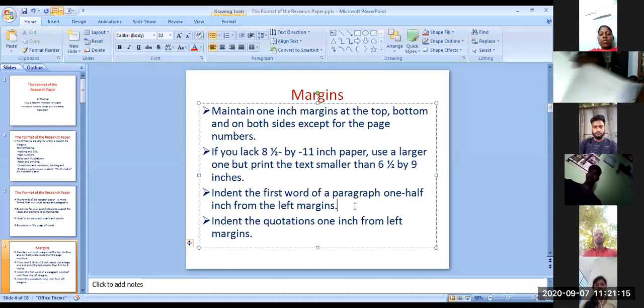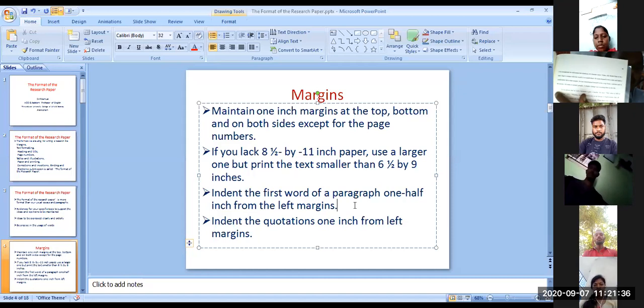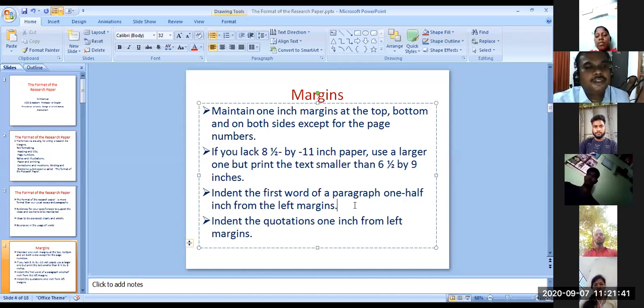You see this? I'll bring it near to the camera. Look at the first line in a passage. There they give a small gap to start here. That is called indent.